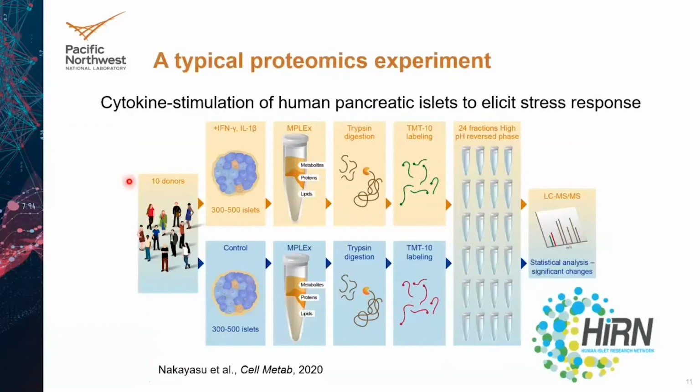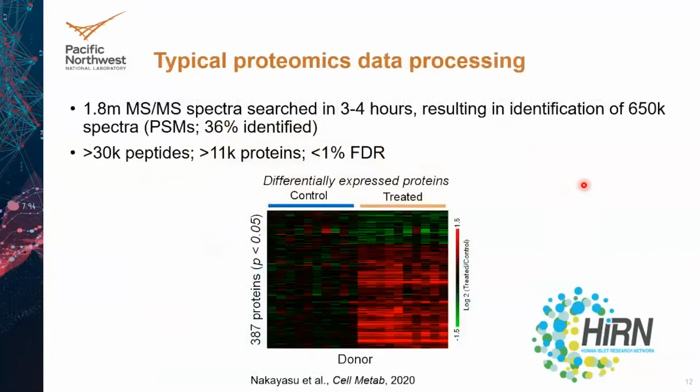So I want to contrast this to a typical proteomics study. I've conducted a number of proteomics studies in my time here at P&L, and I love to draw this contrast. We can take protein samples from any type of tissue or biofluid. We send it through our sample processing and analytical pipelines, and we can generate really a lot of data. In the experiment that I just showed you previously, which was a study of human islets stimulated with cytokines to induce a stress response as a means of identifying potential biomarkers,